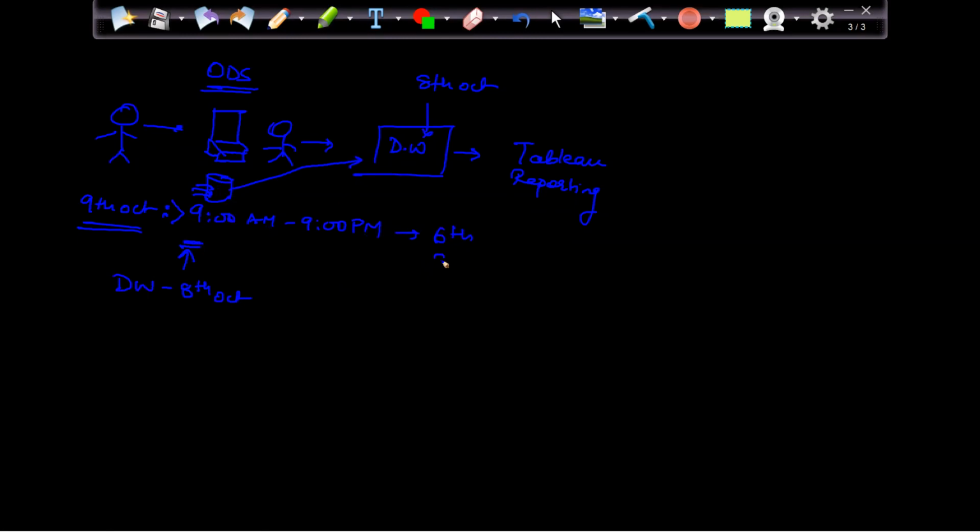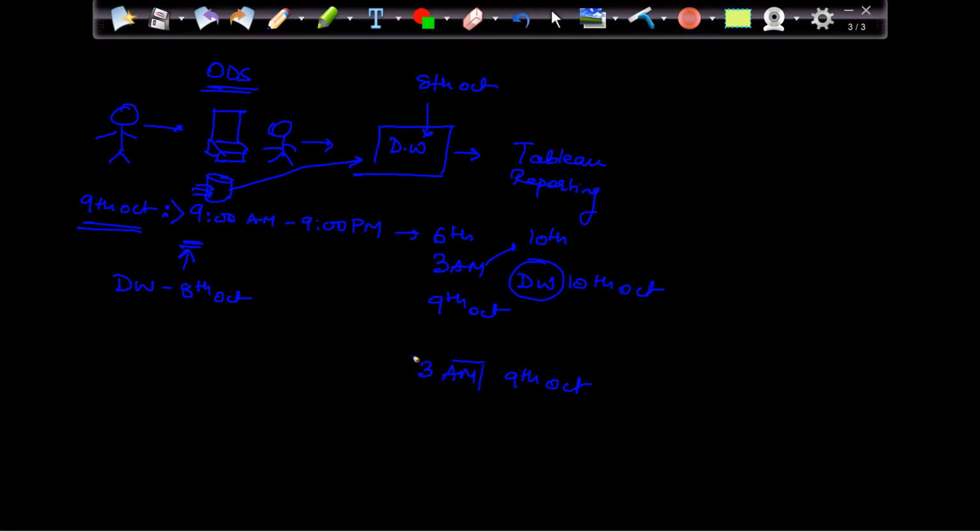So around 3 a.m. my 9th of October data will come in my data warehouse. So can I say that the last data of 8th October came in at 3 a.m. of 9th October, and the data of 9th October comes around 3 a.m. of 10th October?